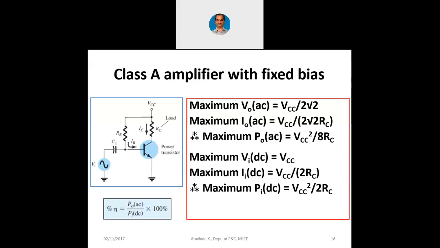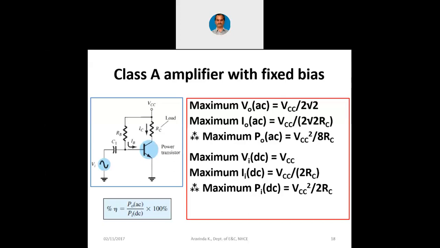So now the maximum input power for this circuit in terms of DC is, again, multiply those two. Input voltage in terms of DC is VCC itself, and we have found out the maximum current, so it is VCC squared divided by 2 RC. That is the maximum input power in terms of DC. Please understand, we are doing this for the calculation of efficiency and not for the calculation of power gain. If you have to calculate the power gain, we will have to take the input AC signal's power. But here we are supplying DC power to the circuit and we are measuring the AC power at the output.